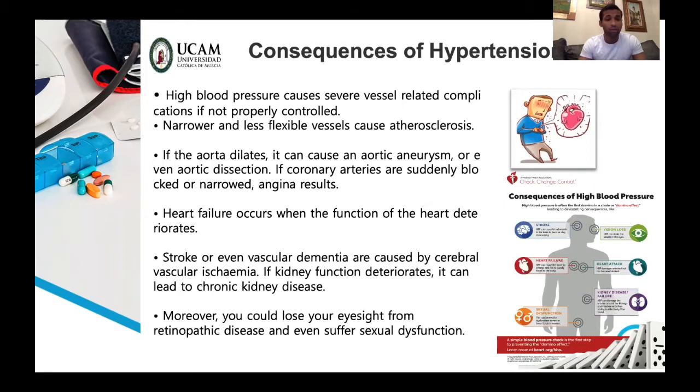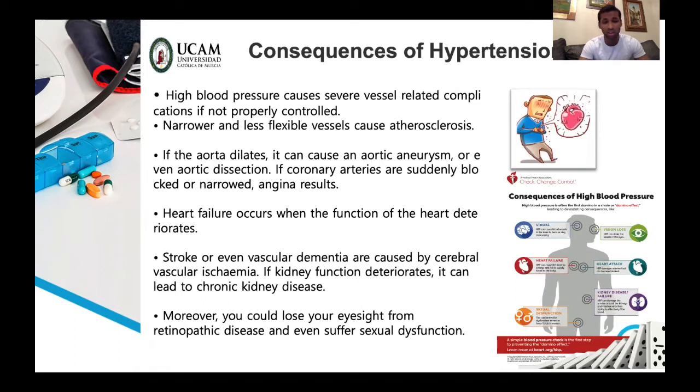Okay, so the next point is the aorta details. What is the aorta? It is the largest artery in the human body, originating from the left ventricle of the heart and extending down towards the abdomen of our body. And dilation means widening of the artery, which is something that happens after hypertension. Okay, so it can cause an aortic aneurysm,